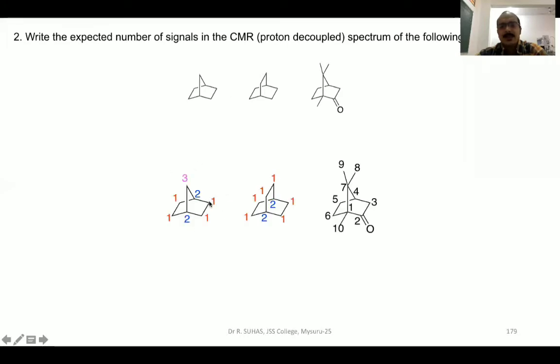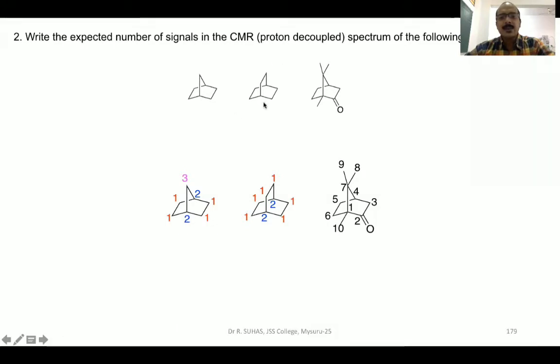That is what we have seen here. So these methylenes 1, 2, 3, 4, all marked in red, are 1 carbon type; the ones marked in blue are 1 carbon, and the one marked in purple or pink is one type of carbon. So this compound has 3 different kinds of carbons, and as a result we are going to get 3 singlets in the CMR spectrum. They are not asking to assign chemical shift values, they are just asking you to write the expected number of